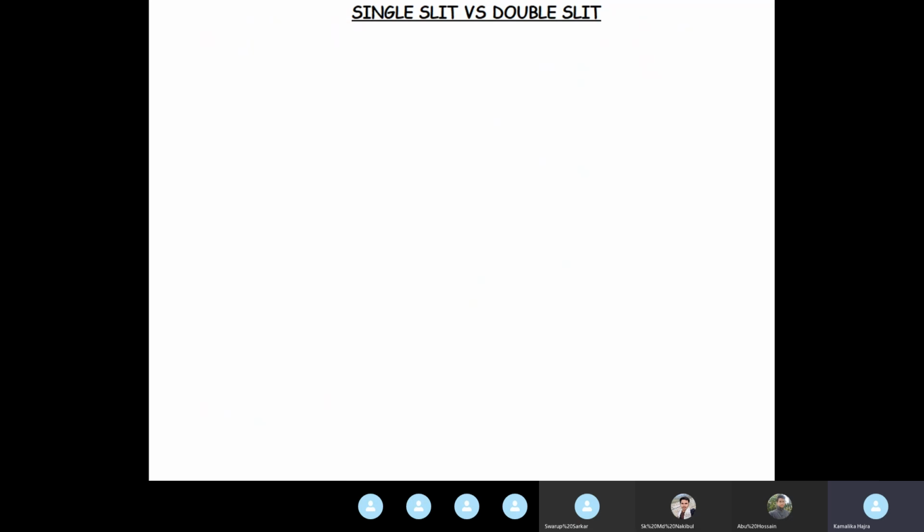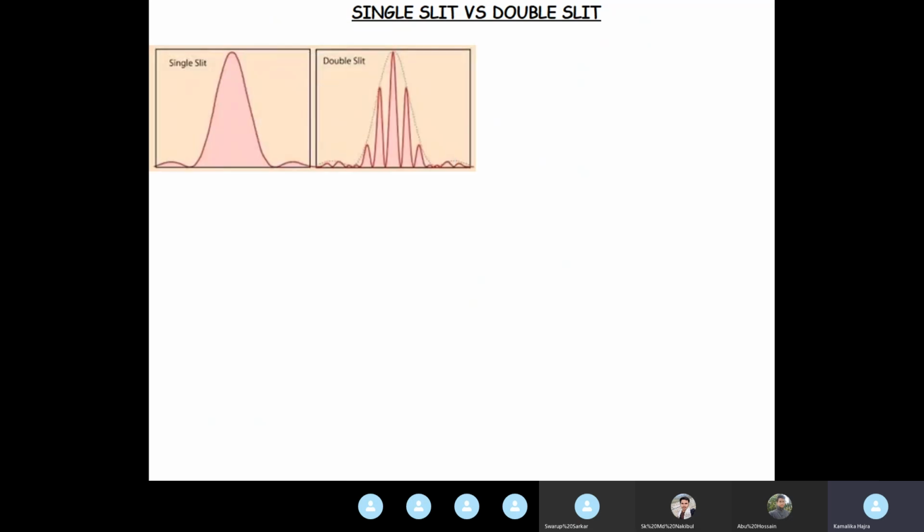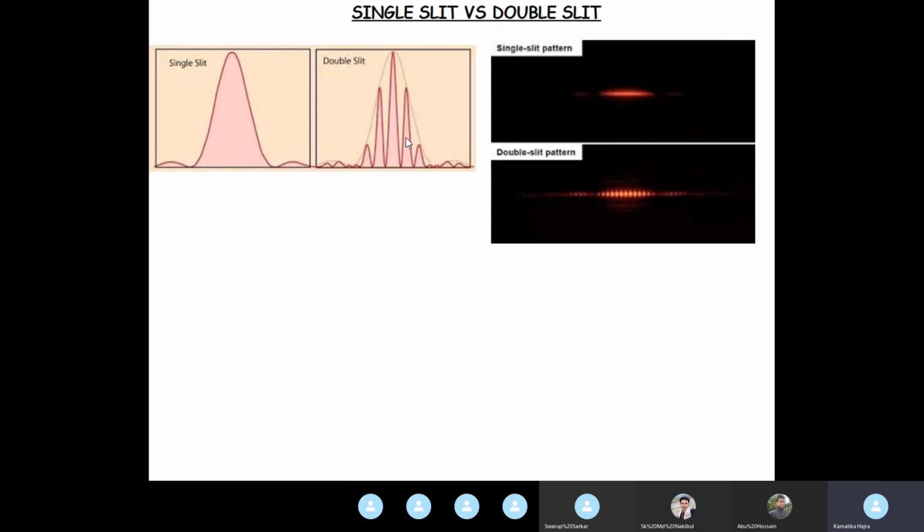Okay. Again, this is a very, very favorite question of question setters. A comparison between single slit and double slit diffraction. First of all, the main difference is in the intensity pattern, okay? So if you basically draw this, you should get the marks. This is the single slit intensity pattern and this is the double slit intensity pattern. So basically single slit accommodating some interference fringes because there is also another slit from which light is coming in. And this is how they look.